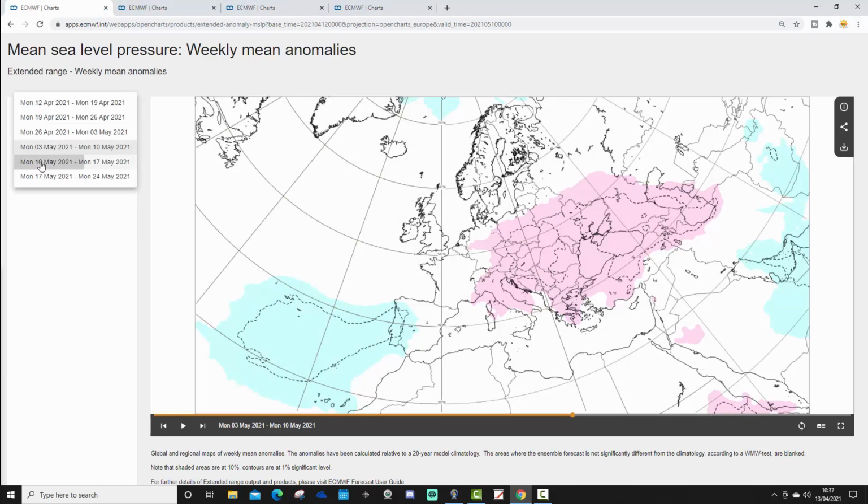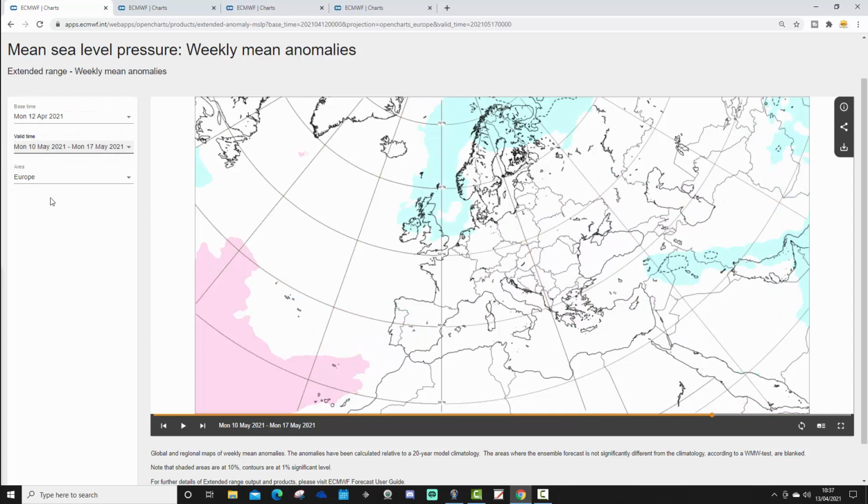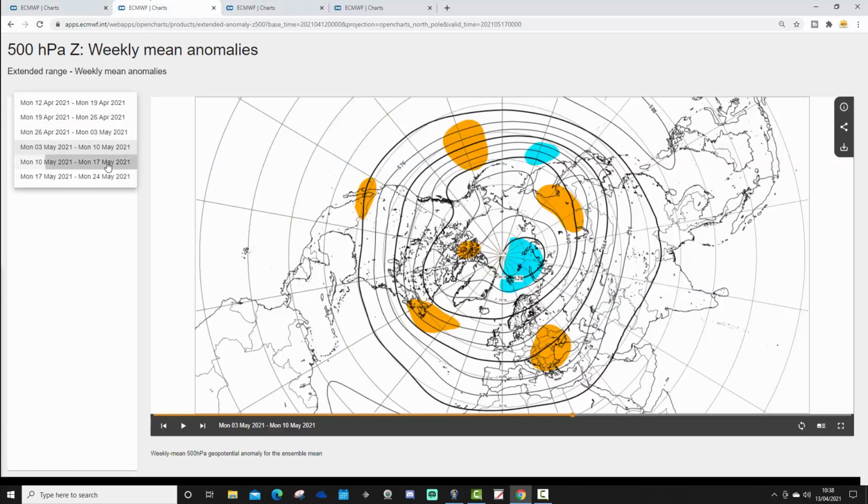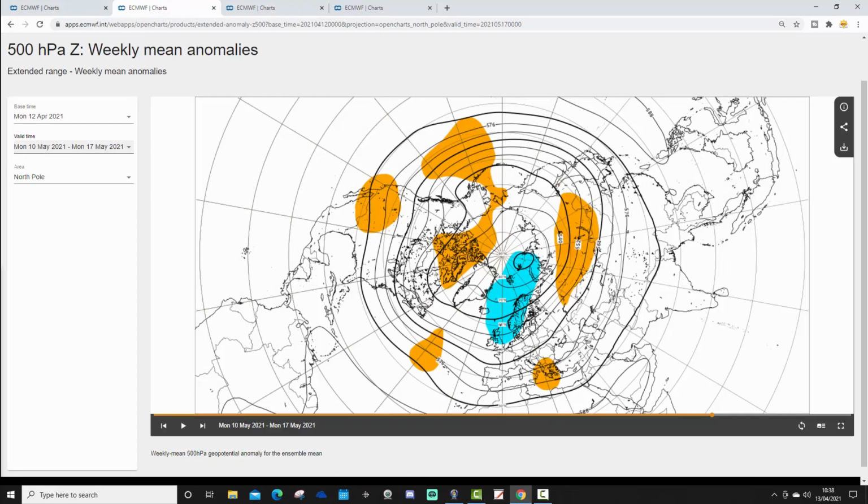So this is week 5. The mean sea level pressure anomaly does look as though it's turning more unsettled across the northern parts of Europe. This is the 10th to the 17th of May. Lower pressure coming back into the north and the northwest of Europe. We should see that reflected on the 500 millibar height anomaly. Yes, we do. So getting further on into May,